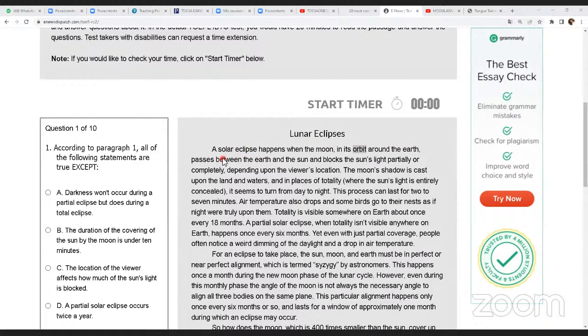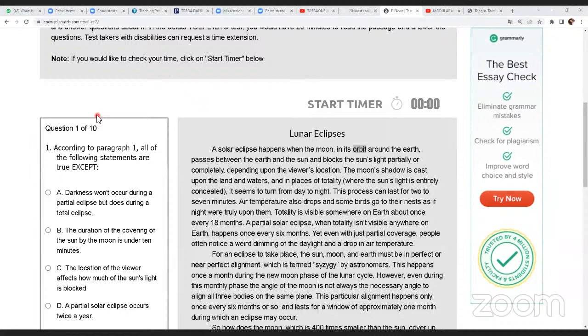A solar eclipse happens when the moon, in its orbit around the Earth, passes between the Earth and the Sun and blocks the sun's light partially or completely, depending upon the viewer's location. The moon's shadow is cast upon the land and waters, and in places of totality, where the sun's light is entirely concealed,